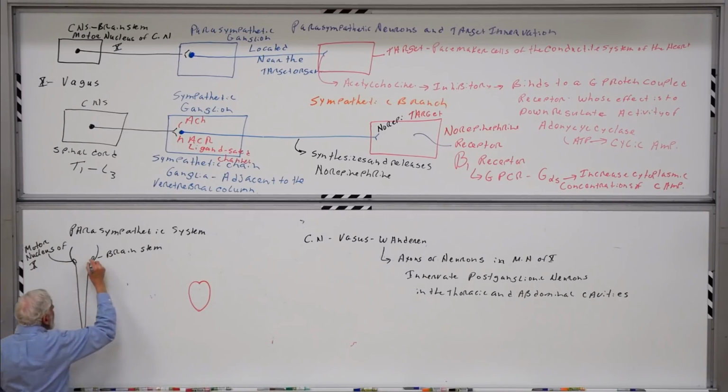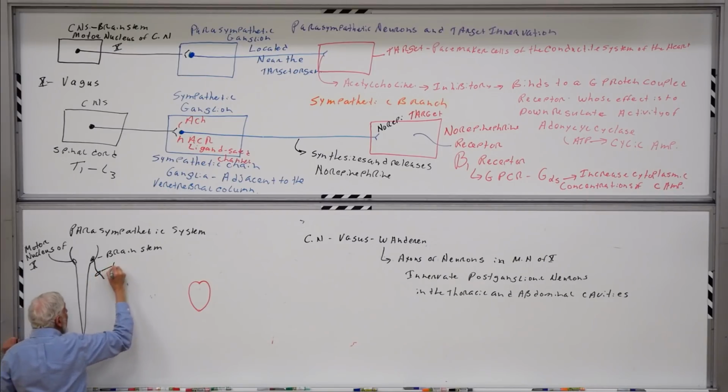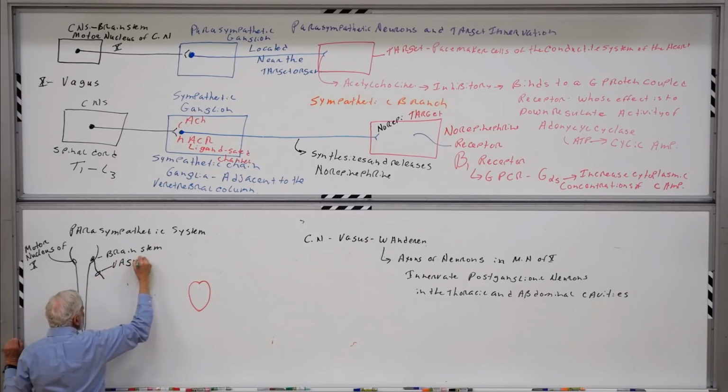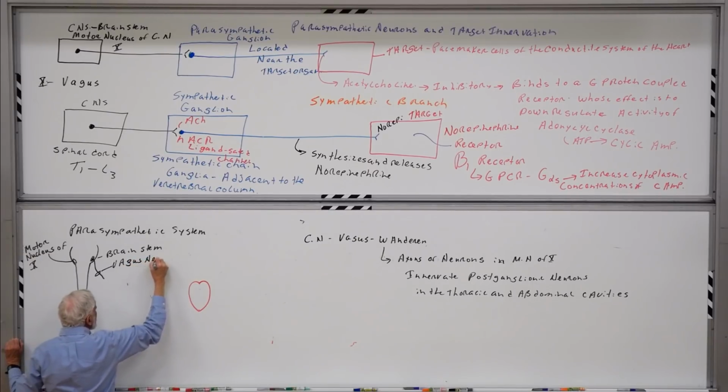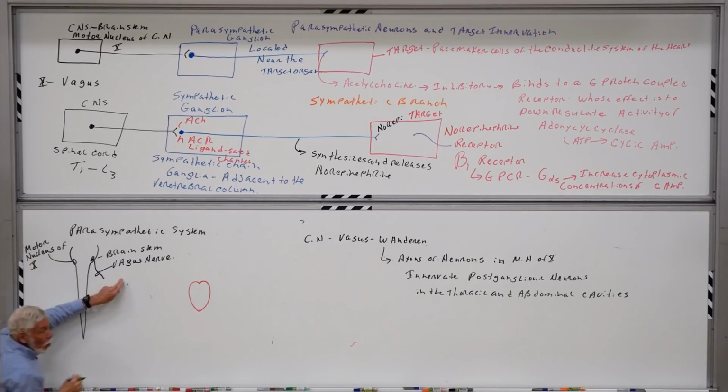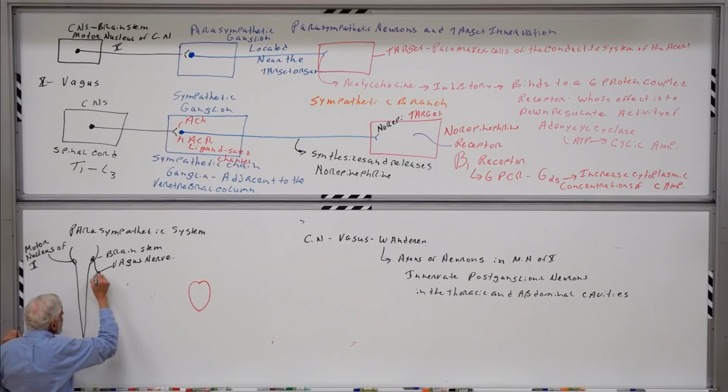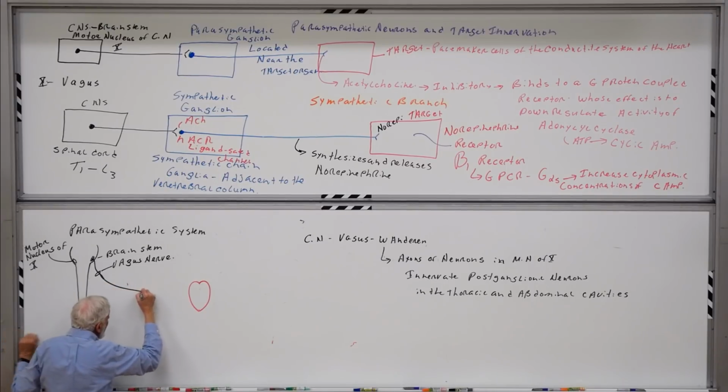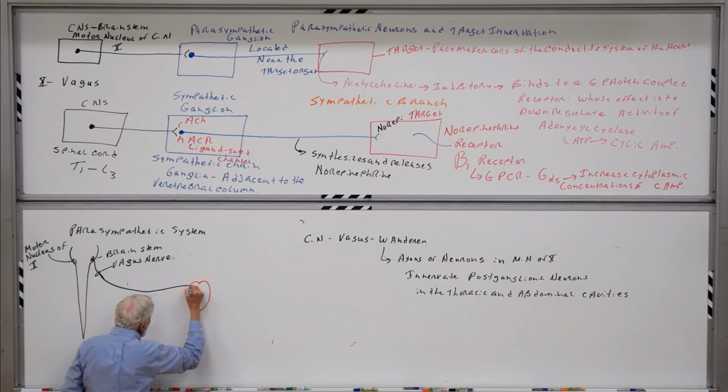The neuronal cell bodies are located here in the brainstem. The neuronal cell bodies extend processes out in the periphery. They go out into the periphery in the structure known as the vagus nerve, also known as cranial nerve 10. They're the same thing. These neurons go out into the periphery, and in our story today, find their way here